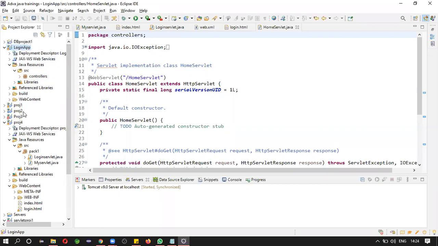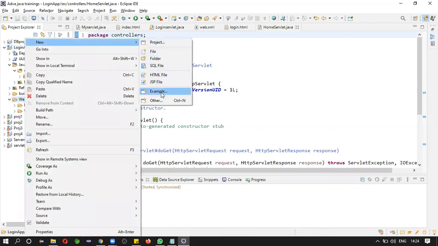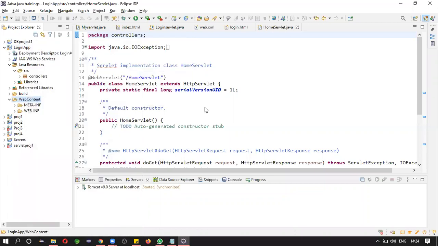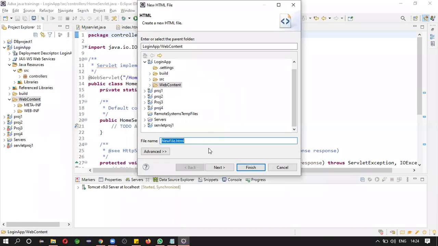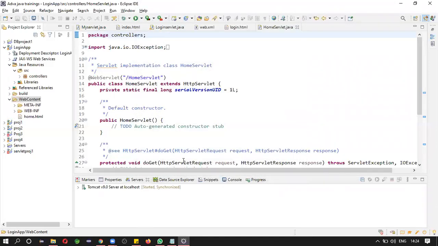First, welcome page. Create the welcome page so that it will be displayed whenever the application is started. Click on web content, click on HTML. Consider this name as index. You can change the file name or else home page, home.html.